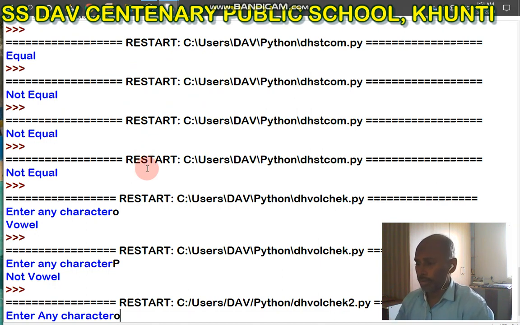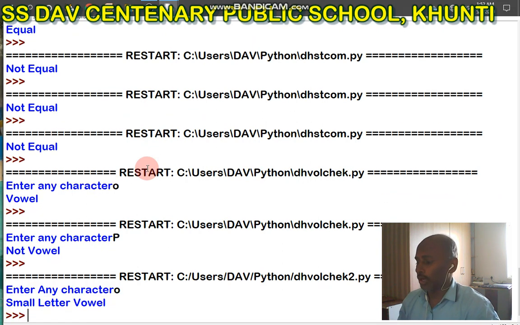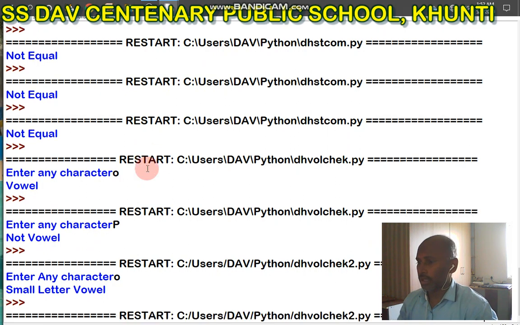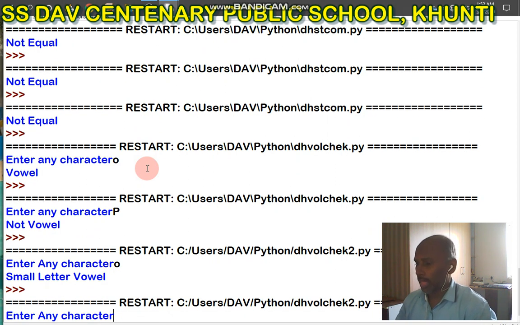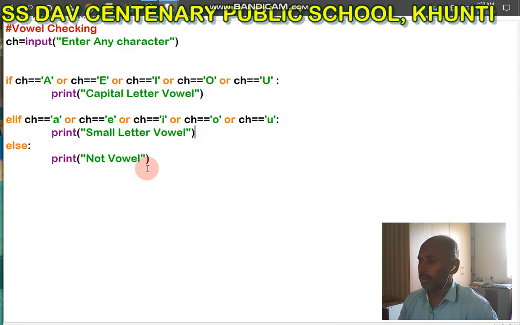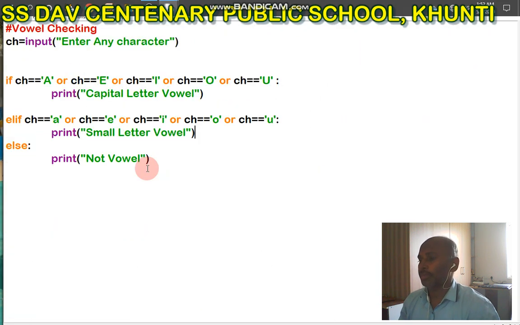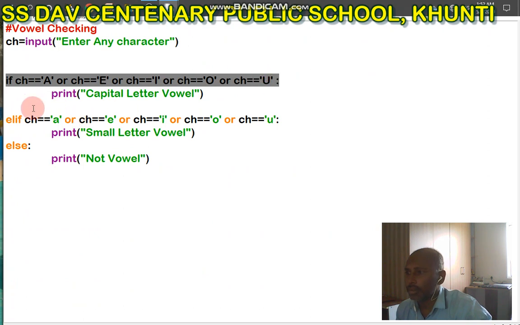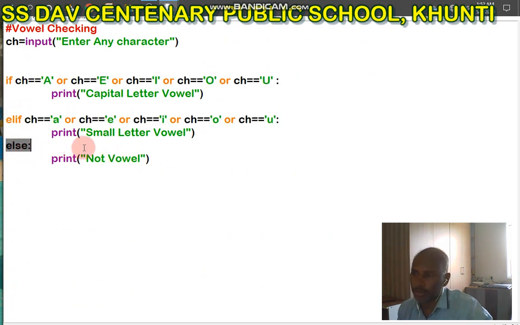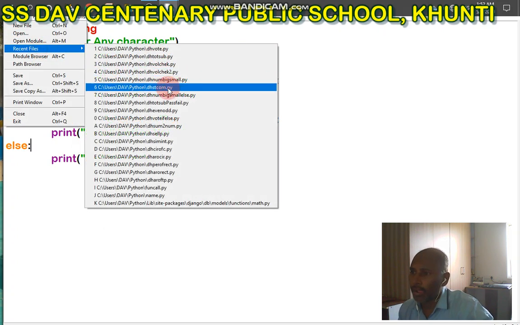Now a small letter vowel, again capital letter, again not vowel. This is if statement, this is elif statements, and this is else statements. Okay. Another program,